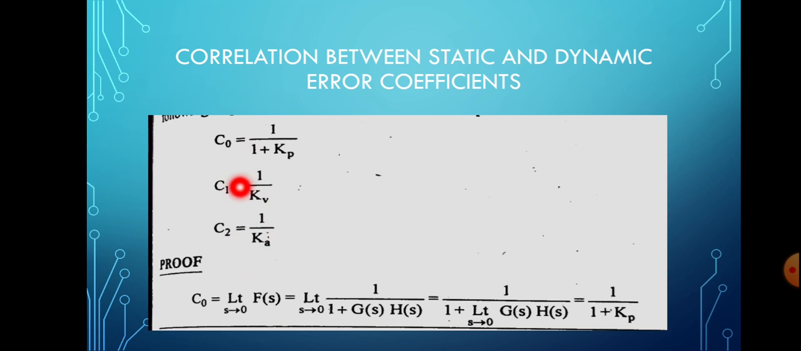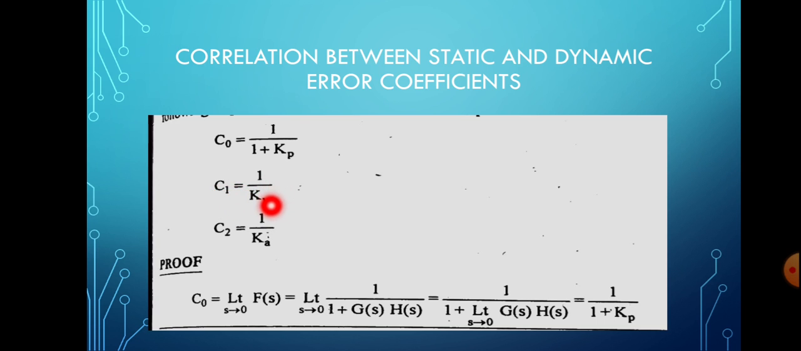We know the equation for C0: C0 will be equal to the limit s tends to 0 of f of s. We know that f of s is equal to 1 divided by 1 plus g of s into h of s. If we apply the limit s tends to 0 to the quantity g of s into h of s alone, then this term will be equal to Kp, so that will be equal to 1 divided by 1 plus Kp. Similarly, we can derive the equation for